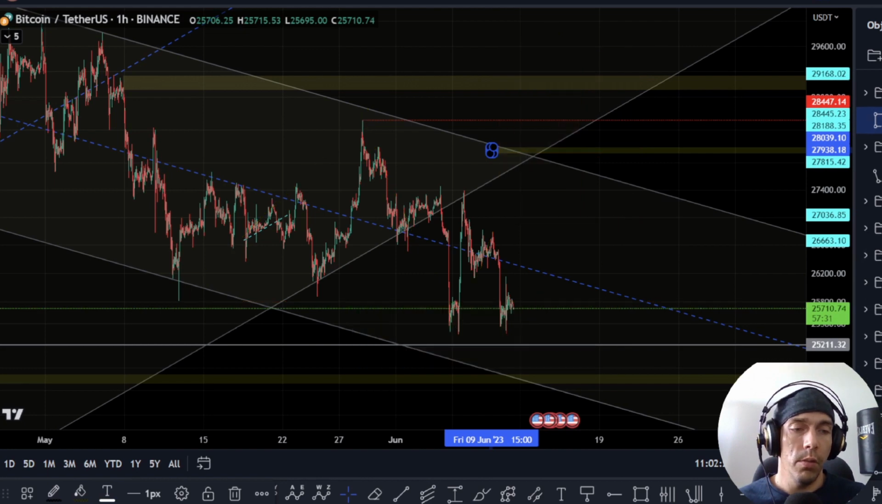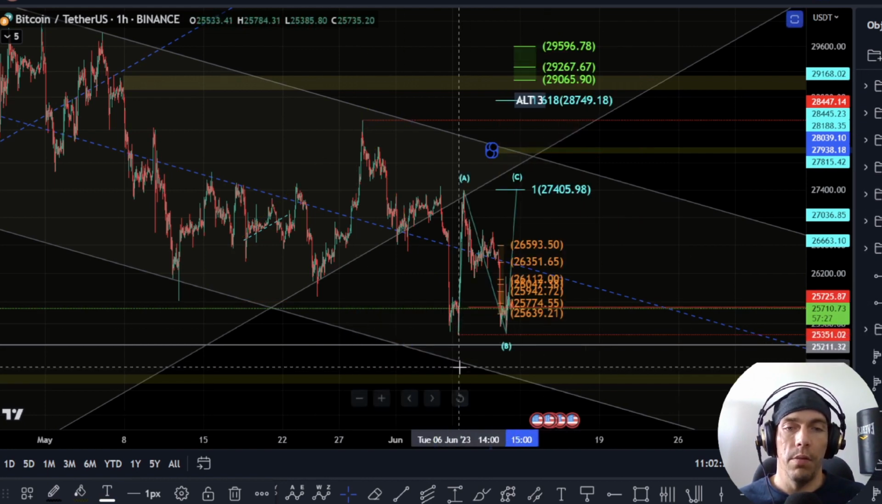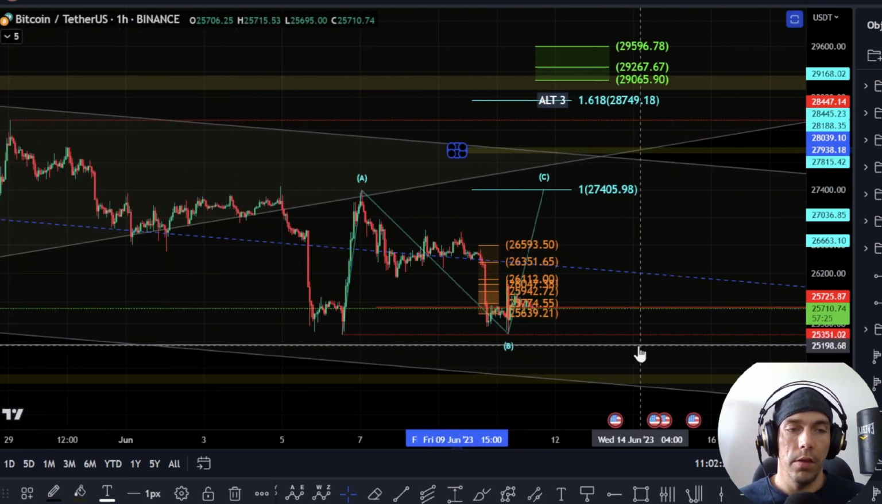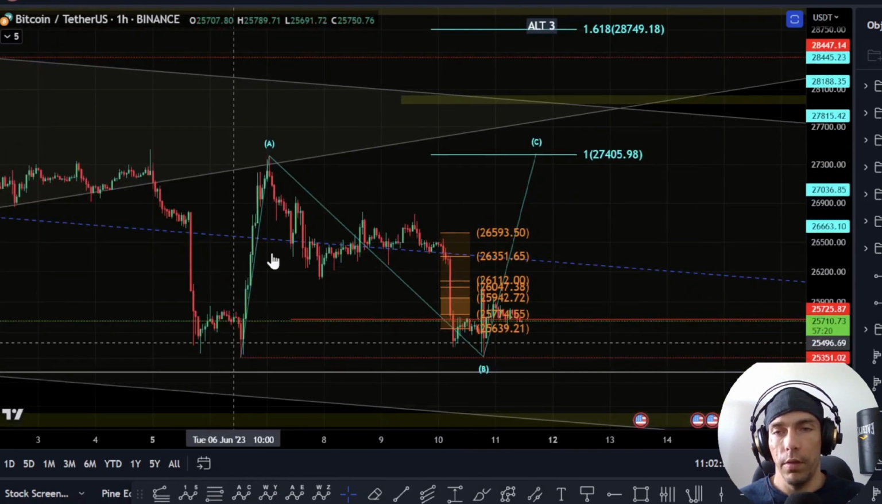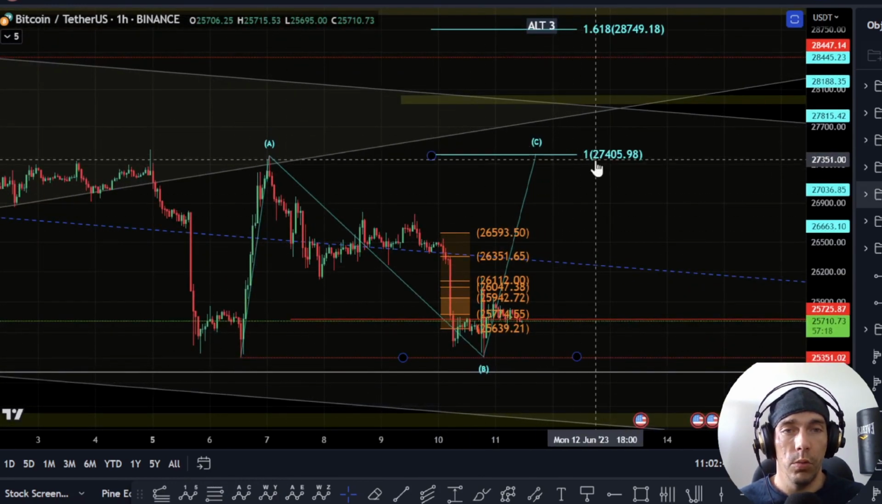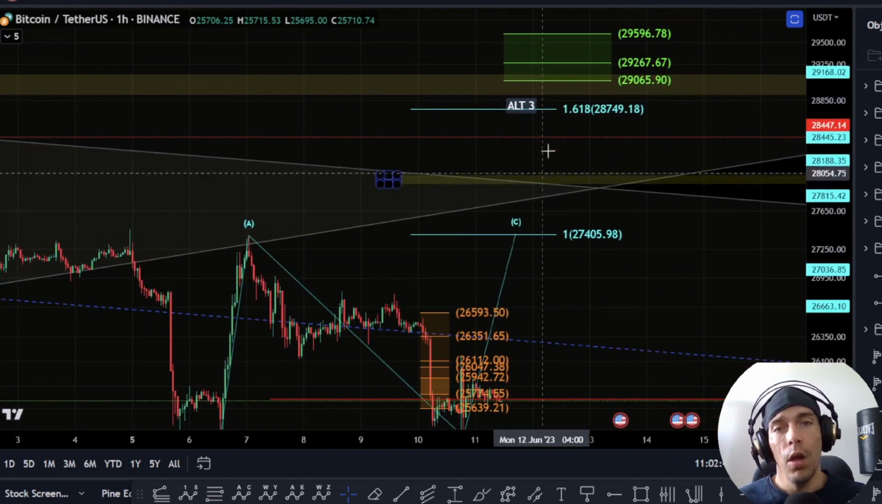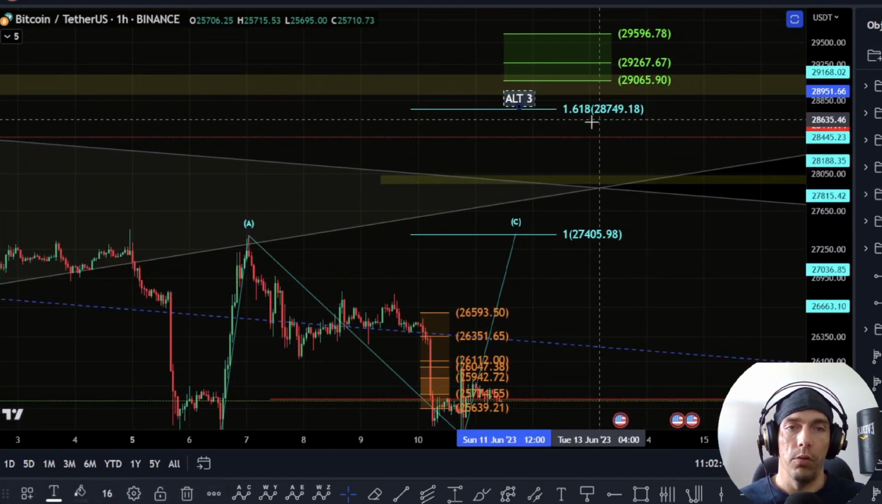Okay, so if we're arguing that we're looking for this flat from our current location, what we would need to do is actually maintain this low. So we need to maintain this 25,351, and what we'd be looking for would be the potential of either this as a C wave to the upside here towards this 27,405, or alternatively a wave 3 up here towards this